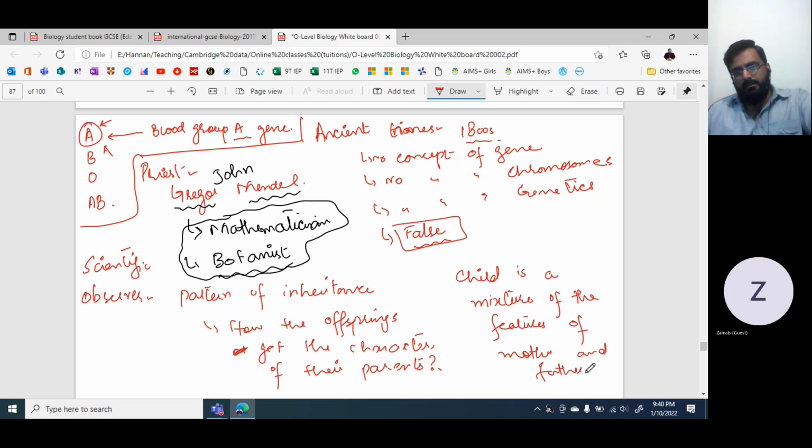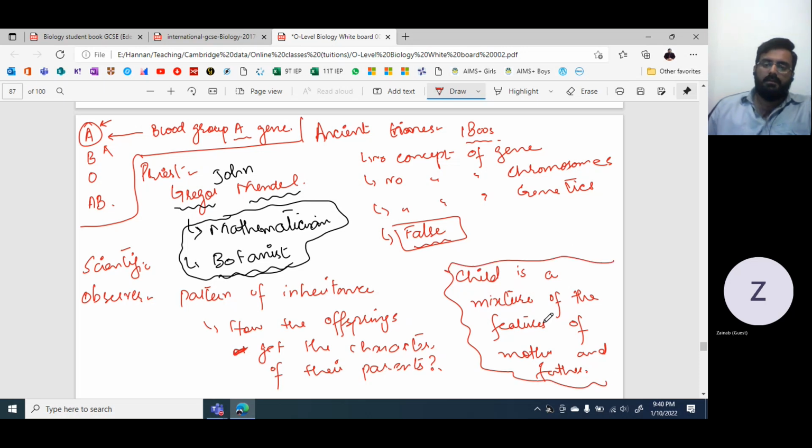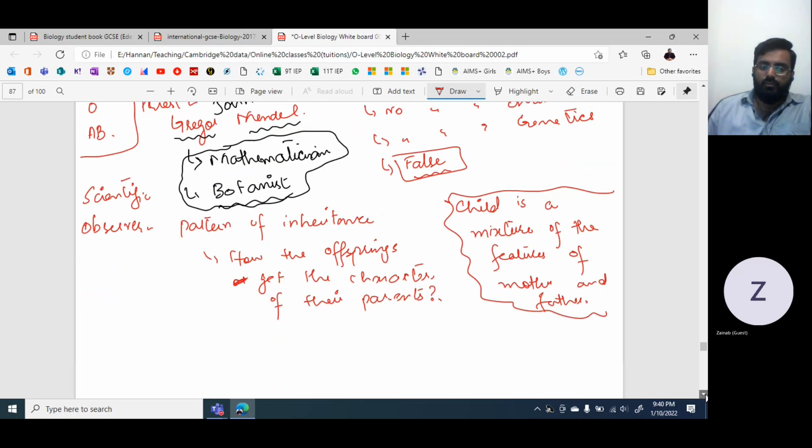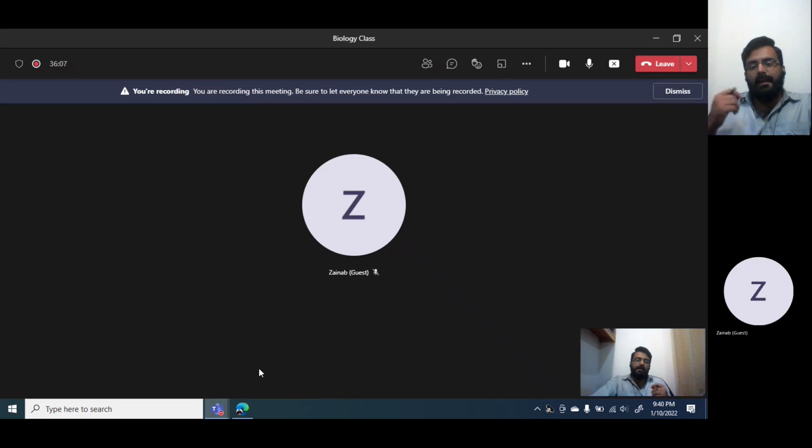And this is a very wrong approach because right now we do know that a child can have the characters of his parents, grandparents, and also their forefathers. He or she can get the gene from a very upper generation. So